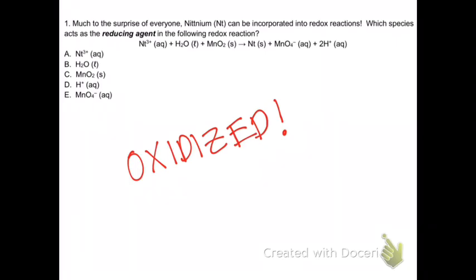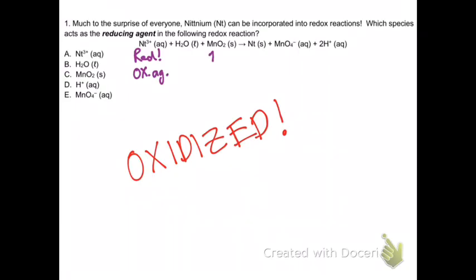So we can see our nickel ion is going from 3 plus to its solid neutral state. So that means that the Ni3+ was reduced, making this the oxidizing agent. Well, that's all well and good, but it's not what we're looking for. All right, now if we look at the manganese dioxide chemical species here,